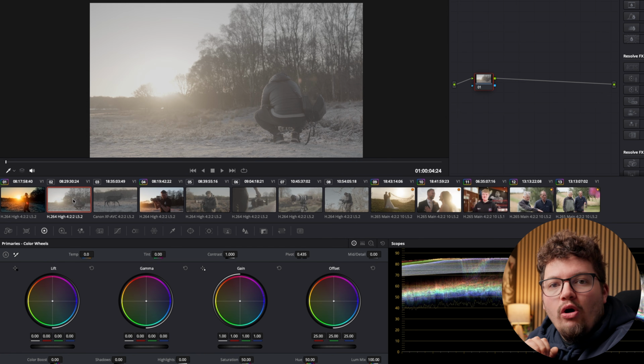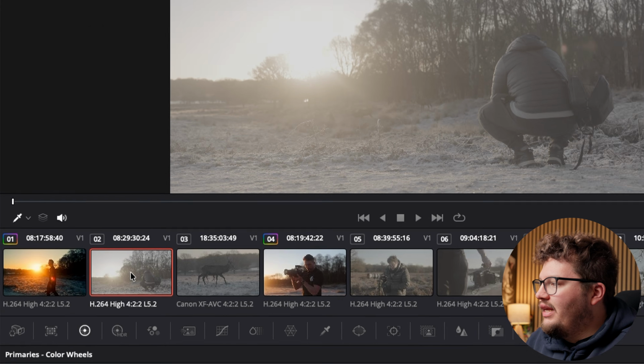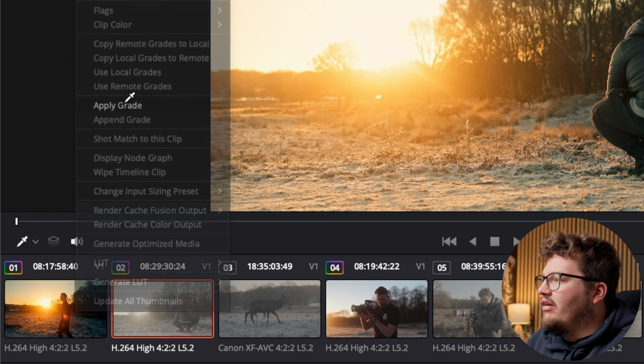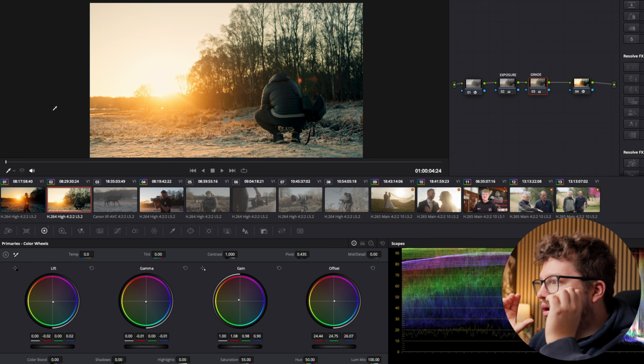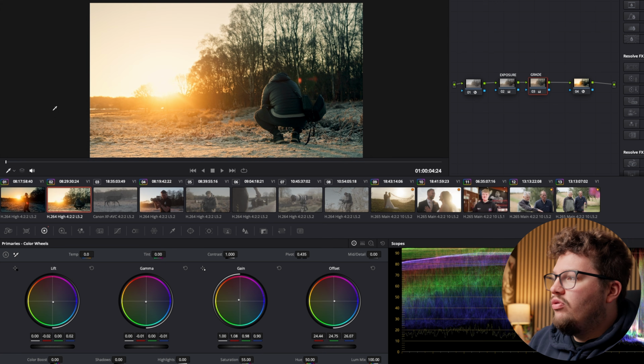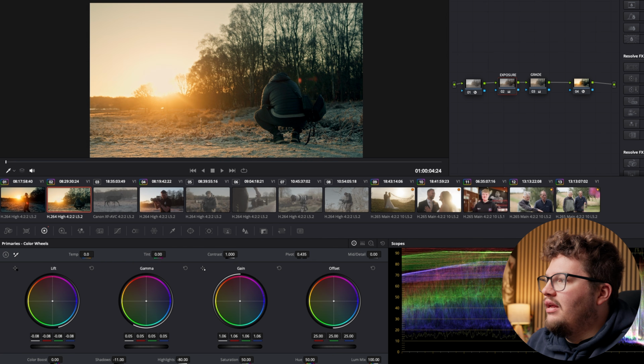Well, I don't do that whole process all over again because this is the same scene. All I do is click on this clip, and then I right click on the clip that we just color graded, and I click apply grade. That exact grade now has been applied to this shot. Now, obviously, I personally think this is a little bit too green and it's a little bit too bright. So that's when I'll just go into the exposure, and then maybe I'll bring down the gain,